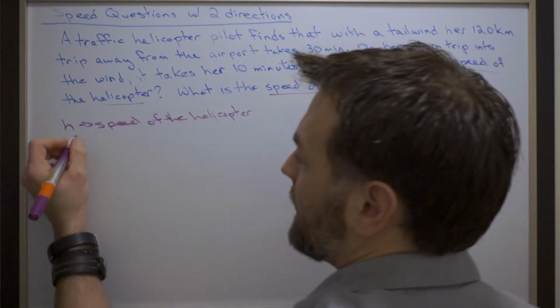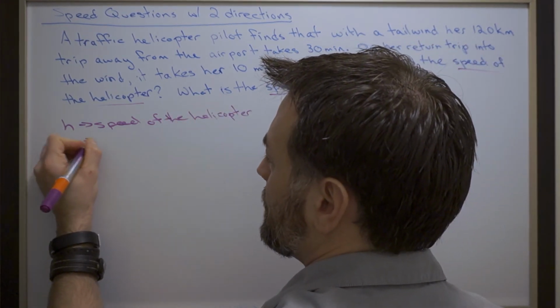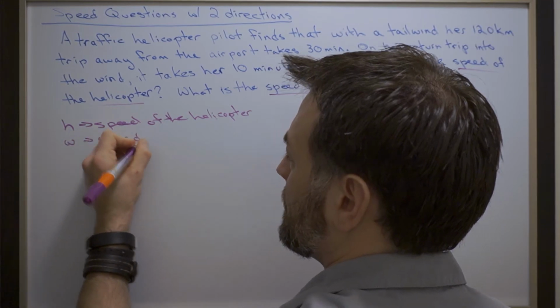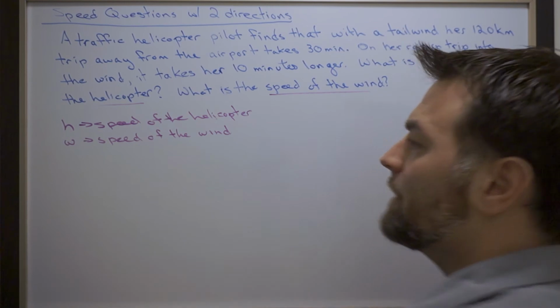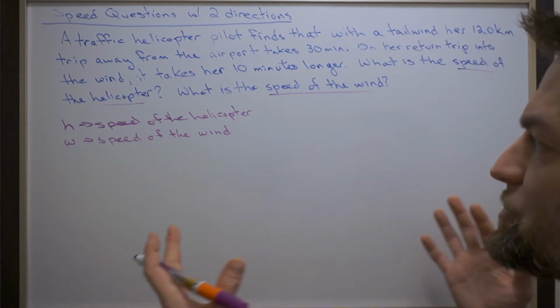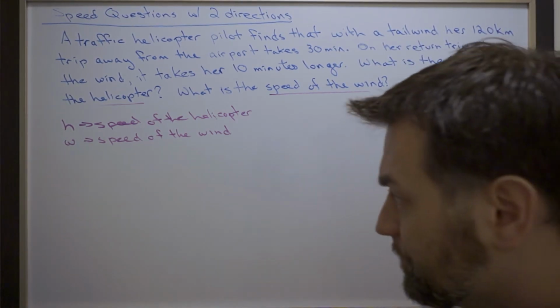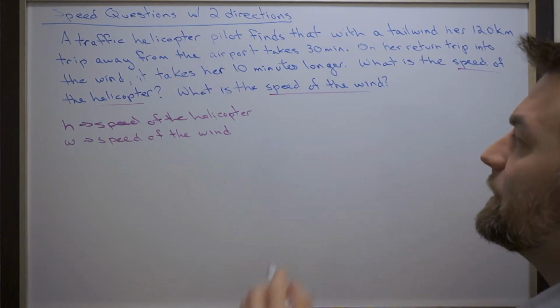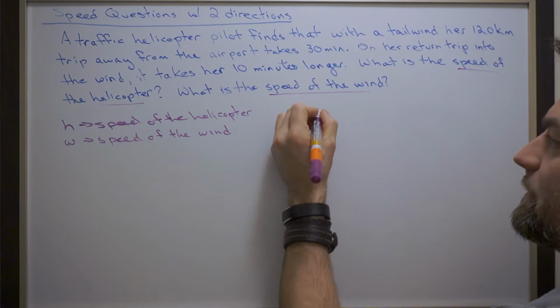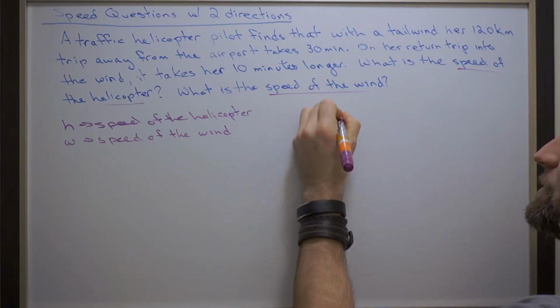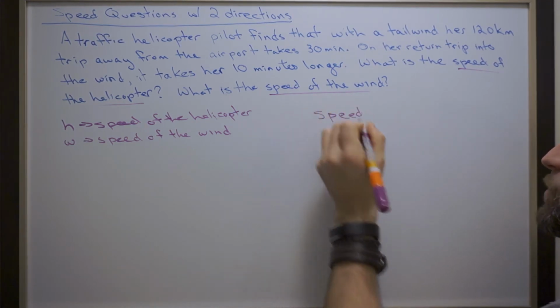Helicopter. And we'll use w for the speed of the wind. Now, something that's useful in these types of questions is making a little table that will help us out. It's important to note, when we're working with speed, and this is a formula that you'll use in physics as well,